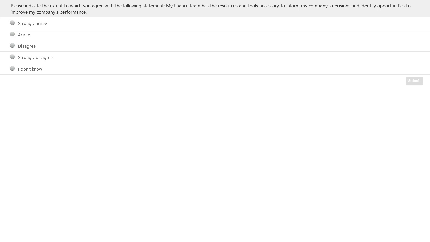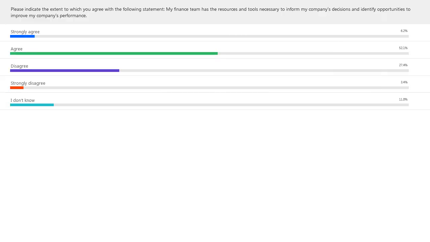On the surface, it appears that a majority agree. Close to 3 out of 5 respondents agree, but what is also apparent is that there's not necessarily strong agreement. Moreover, I would be remiss if I did not point out that close to a third, at the very least, disagree, and about 1/10 of respondents, actually even a higher percentage than that, don't know. So with that in mind, I think there's always the opportunity to move the needle, and we're going to talk about how we can do that.